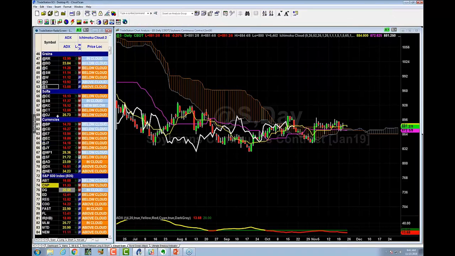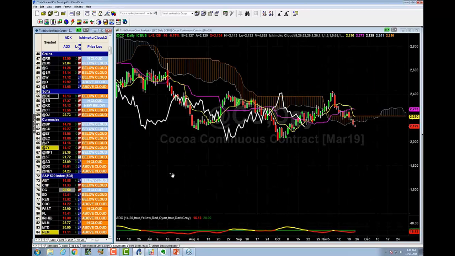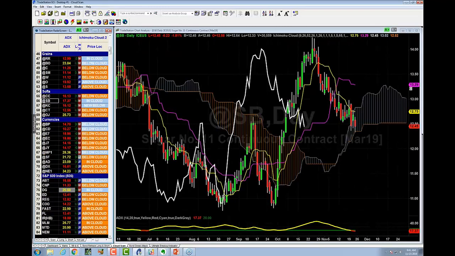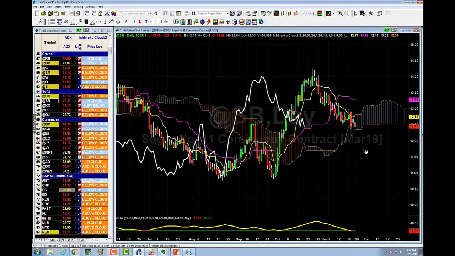All right, now, the softs. Cocoa. Okay, what do you think I added to my fresh short position of, hey, pay attention, cocoa is a new fresh what? It's a new fresh short as of day before yesterday, right? So it's been a short for 2 days. So there's your fresh short right there. So this is how I build my scans every day. And then I'm going to go, okay, well, what about sugar here? What is sugar? Well, sugar is in the cloud, but I'm looking for it to hold that cloud and potentially buy it. So I will watch it closely today.